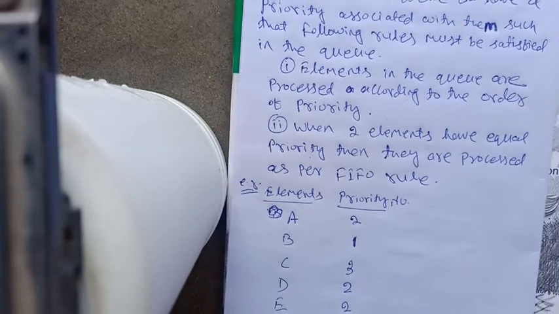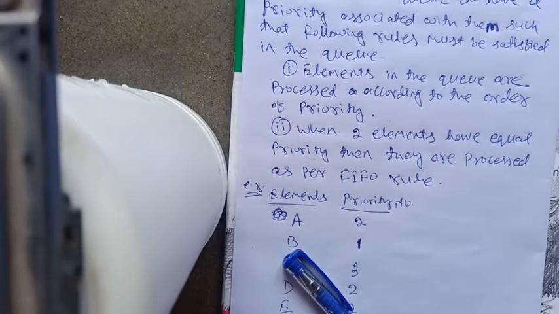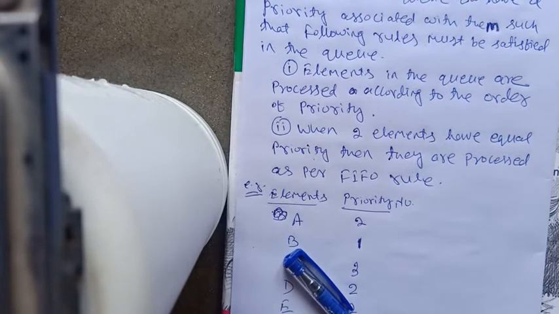To explain what priority is, let me give you an example. Suppose you are visiting a temple for a darshan, and when you visit the temple there is a queue. People are standing in a queue. Whoever comes first avails the darshan first, and then leaves the queue. So this is a normal queue.